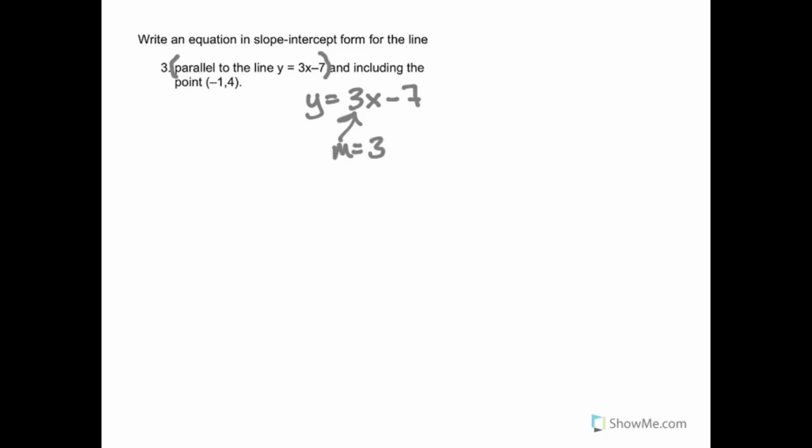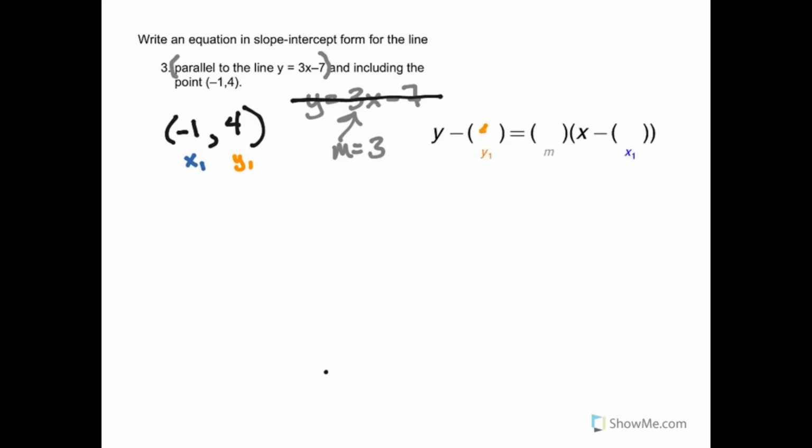And so, since parallel lines have the same slope, that's going to be the slope I use to write the equation for my line that goes through -1, 4. All I wanted from this equation was the slope. This isn't the equation that we're looking for. These are not the equations you're looking for. But if I use the point -1, 4 in the formula, I can fill in y equal 4, m equal 3, since that will be parallel to the line we were given, and x equal -1.